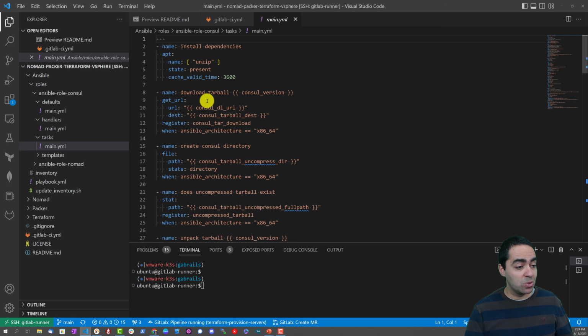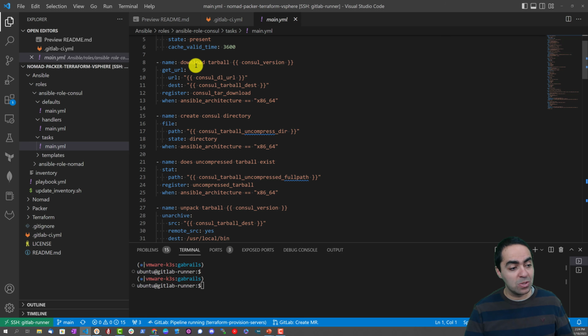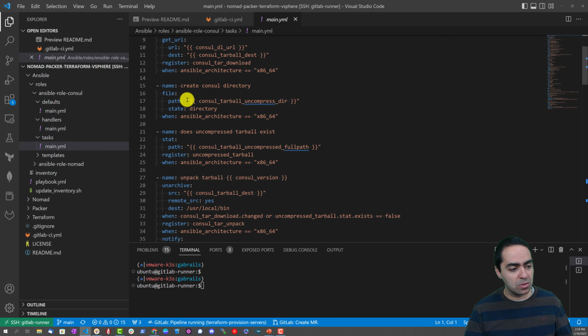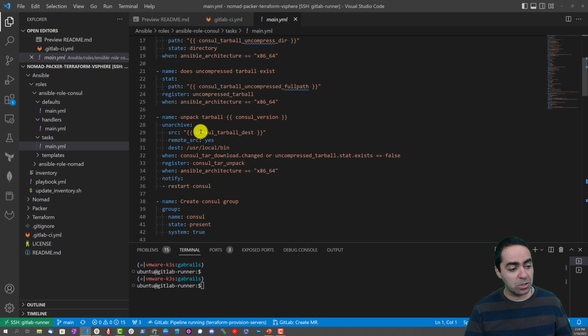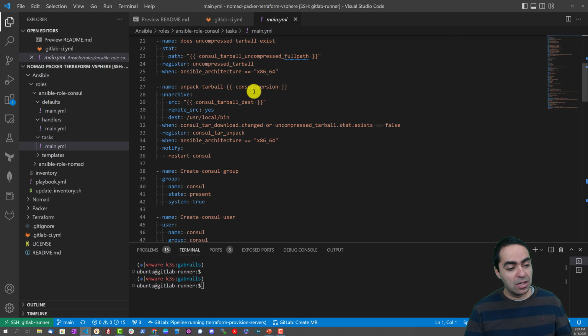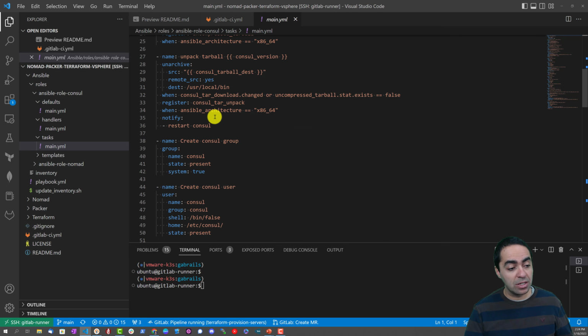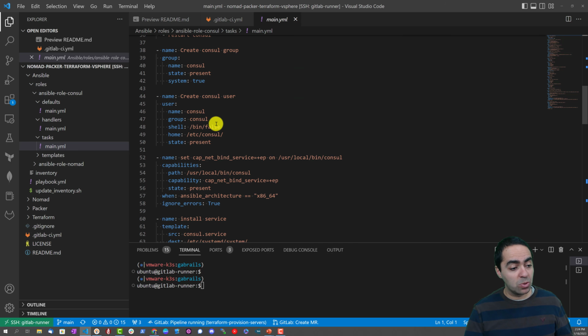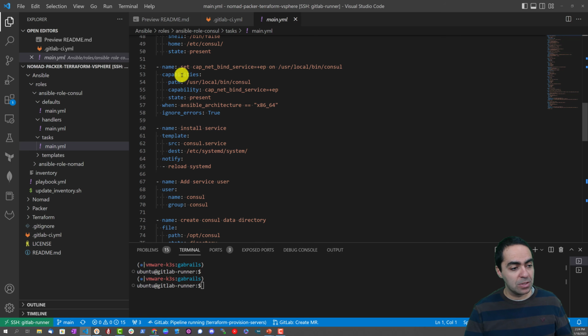So in here, we're going to see installing dependencies. So we're installing unzip basically, because we're going to use that. Downloading a tarball. So we're downloading the console version, creating a console directory, uncompressing the tarball if it exists, unpacking the tarball here and installing console at the proper path, creating a console group, creating a console user, setting